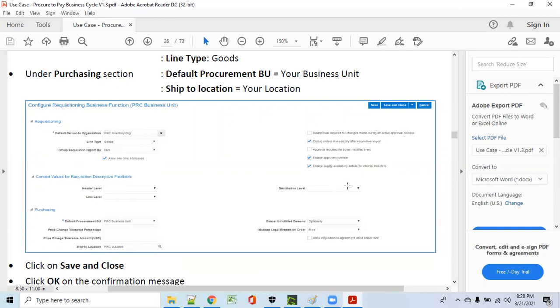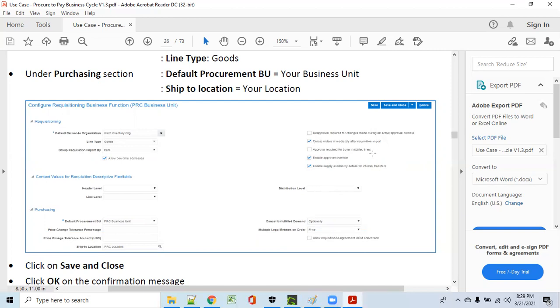And these options will be there. Create orders immediately after requisition import. So you have imported the requisitions once the PRs have been approved. Once you check the checkbox, what will the system do? System will create POs automatically. Don't need to do anything. And next, approval required for buyer modified lines.